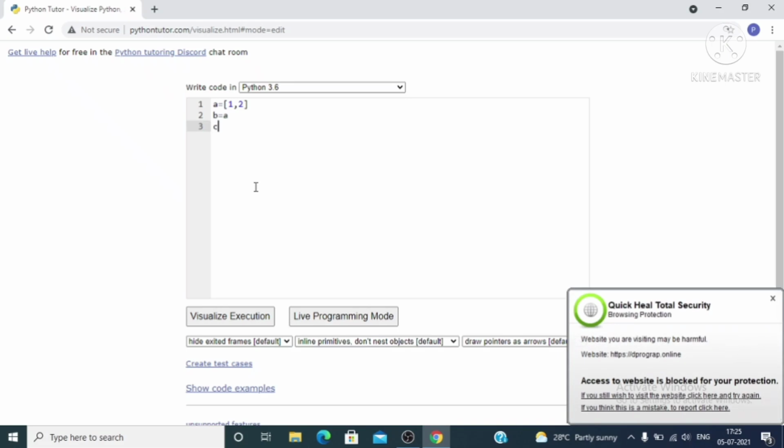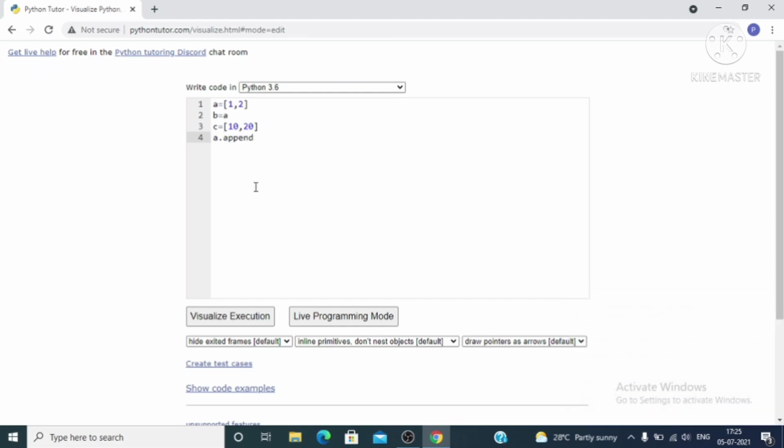Then c is referring to the list object having elements 10 and 20. a dot append c. So what will happen? The list having elements 10 and 20 will be added as the last element to the list whose elements are 1 and 2.